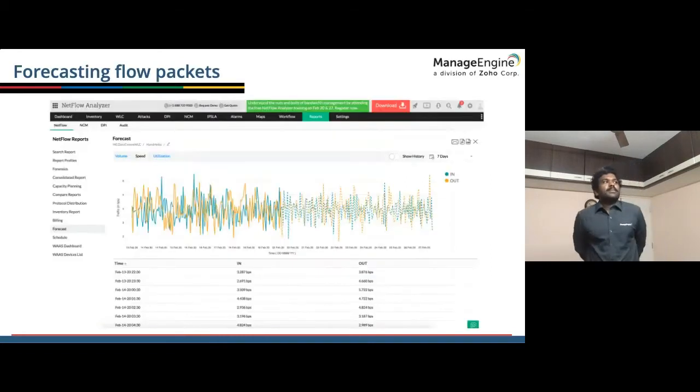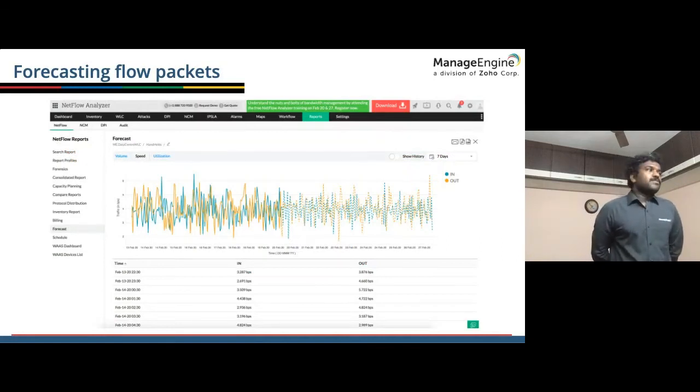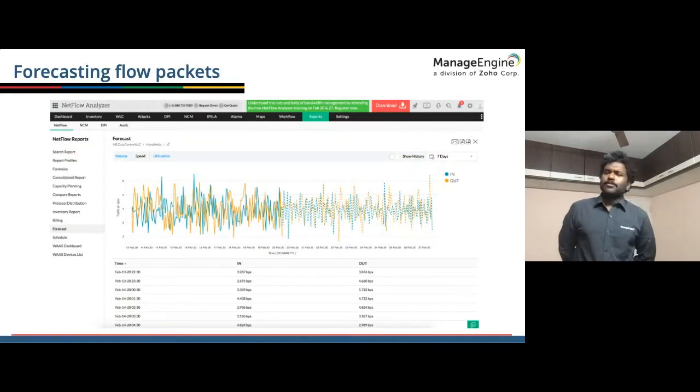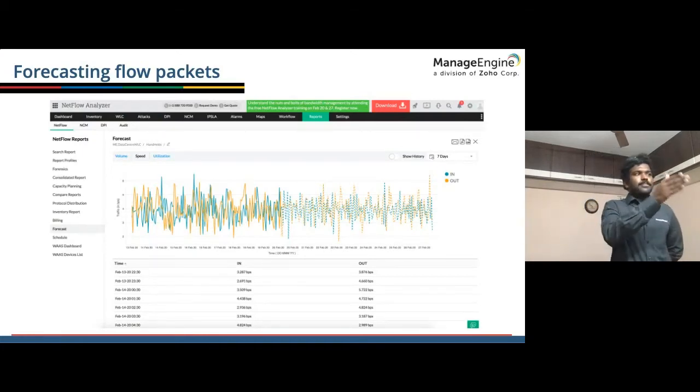So this again is from NetFlow Analyzer, an on-premise product that analyzes your flow packets and gives you reports and alerts, and helps you search through flow packets and so on. Now you can see the pattern in which the AI algorithm has forecasted for the next 7 days. It is about the speed of the incoming flow packets, and you can see that there is a shape in your original data, in your inflow packets and outflow packets, which are in orange and blue color respectively.